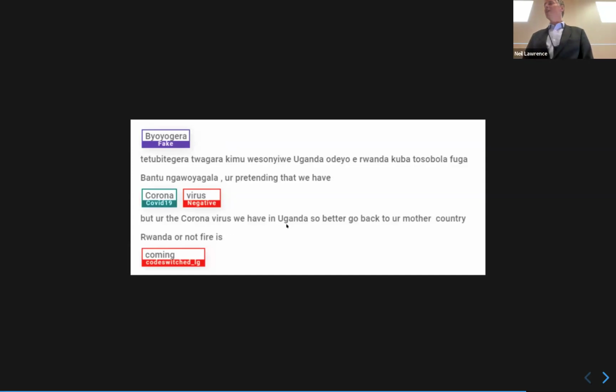There are really interesting challenges here because you can't use just regular language things. I mean, the language models of the time were worse than they are today. So this is being classified as fake, and it's in Luganda language, which is one of the multiple languages in Kampala. This is what's called code switched. So there are multiple things going on in terms of the languages switching. It's quite common for people to speak a mix of English and their local language, and you're trying to classify fake information through that.